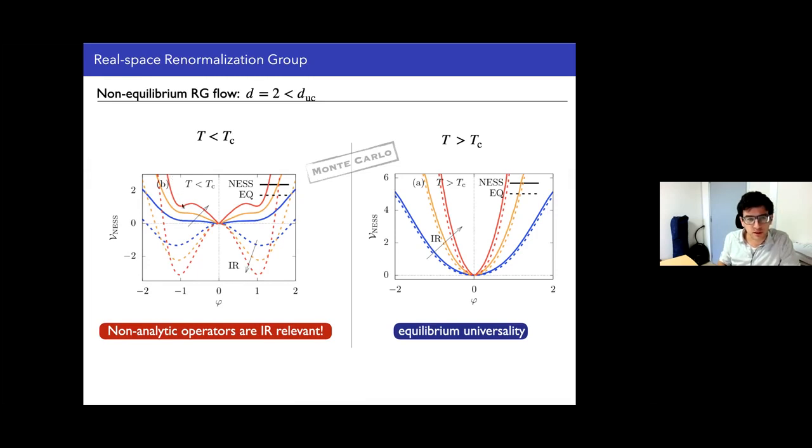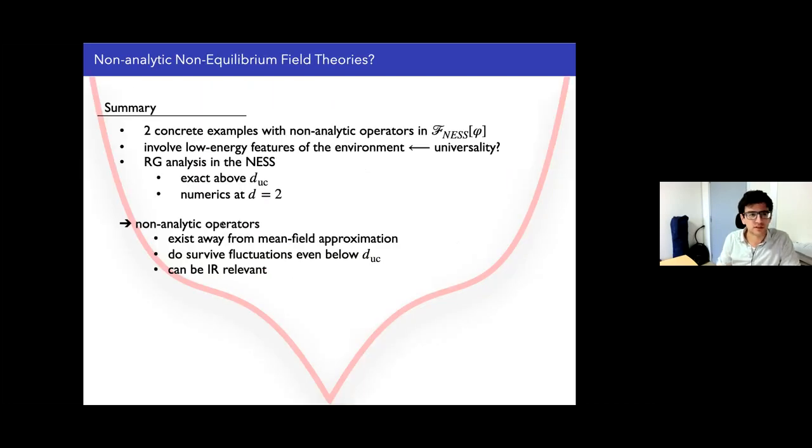You see that the Landau potential now has a cusp, and this cusp is becoming cuspier and cuspier as you go into the IR. You can actually measure things numerically and do some fits. You can convince yourself that this cusp is winning the battle, and that it is going to control the IR physics there. So it's a proof that also in low dimensions, these operators do survive the fluctuations and can actually be relevant. So this answers question number 3.